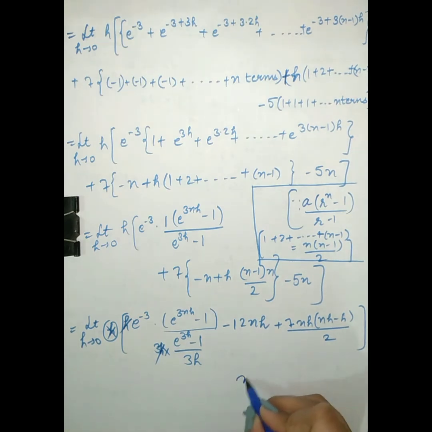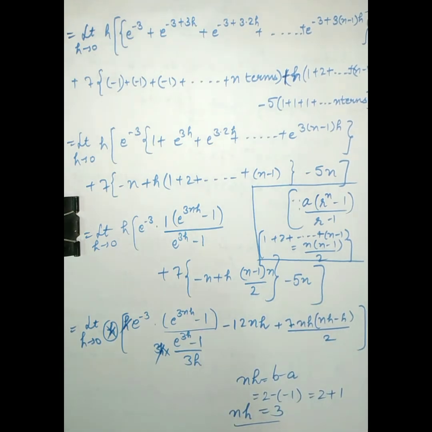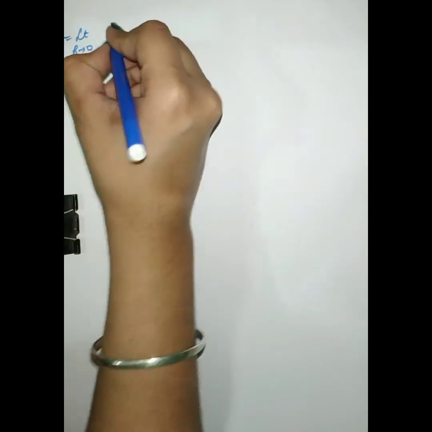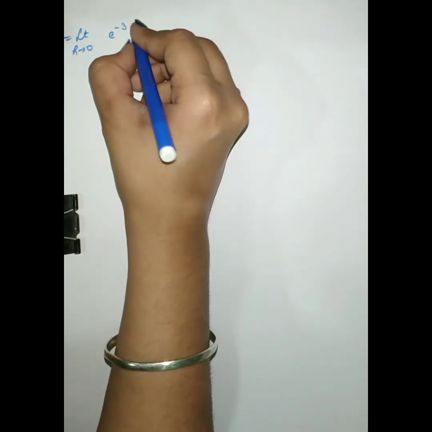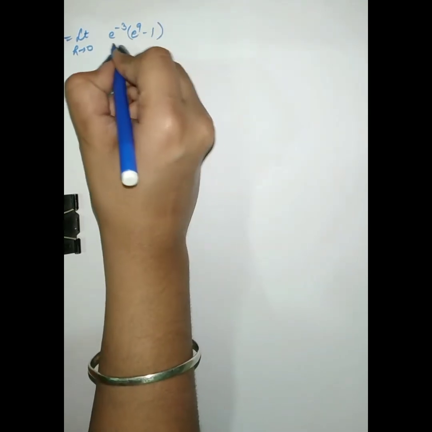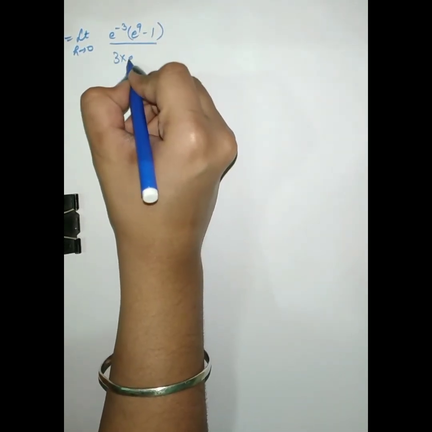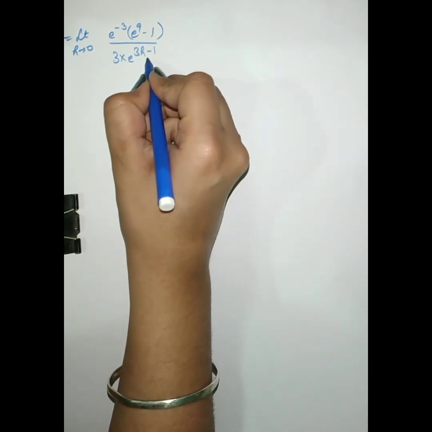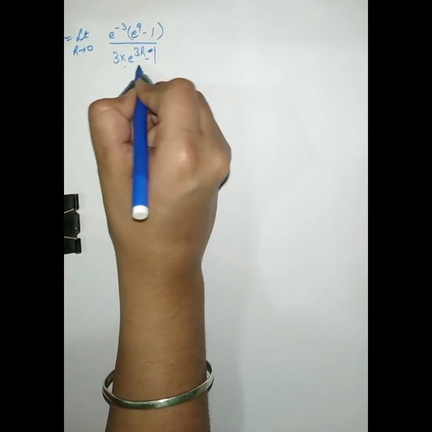and we know that nh will be equal to b minus a, and b will be equal to 2 and a will be equal to minus 1. That means it will become 2 plus 1, that means 3. That means nh will be equal to 3. Now we will put nh equal to 3 in the place of nh. Then we get the value limit h approaches to 0, e raised to the power minus 3 into e raised to the power 9 minus 1 upon 3 into e raised to the power 3h minus 1 upon 3h,